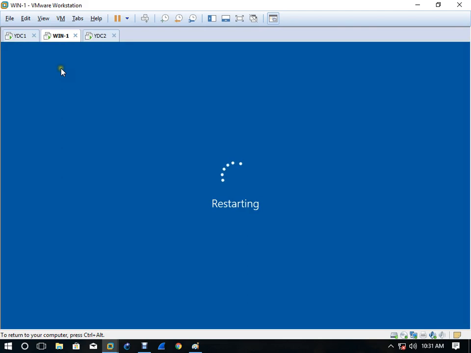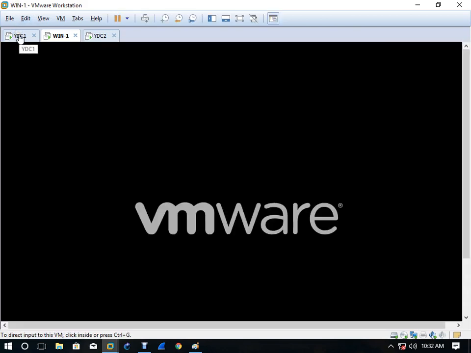So first we will verify that IT1 or IT2 user is able to log in, right? After that, what I will do, I will off this server, right? So when you off this server, will users be able to log in? Yes. Okay.